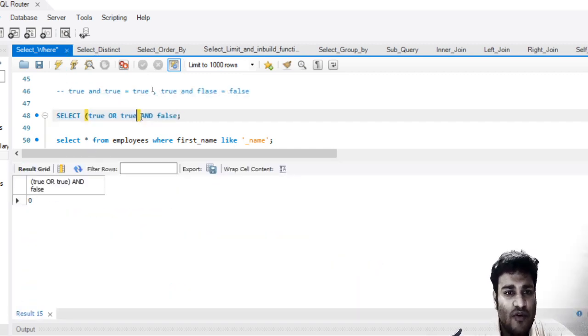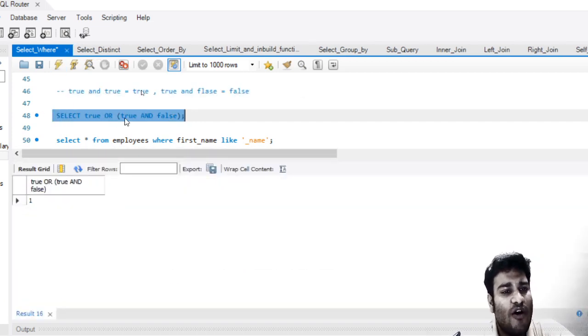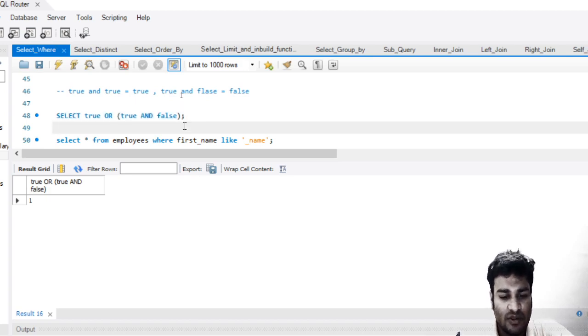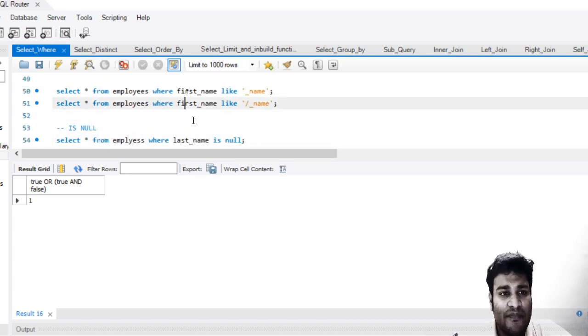So if I remove the bracket, it means and will be given the precedence first, which will say true and false is false, true or false is true. This will make it clear. You can go ahead and try this on your part.